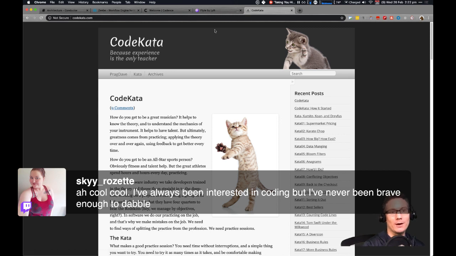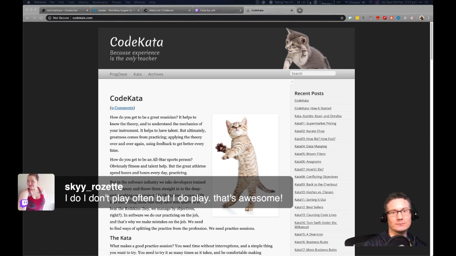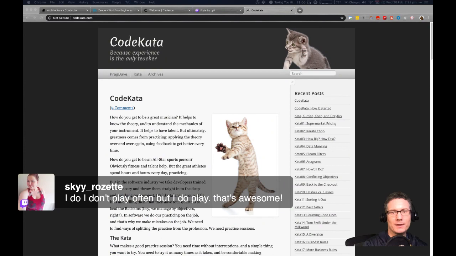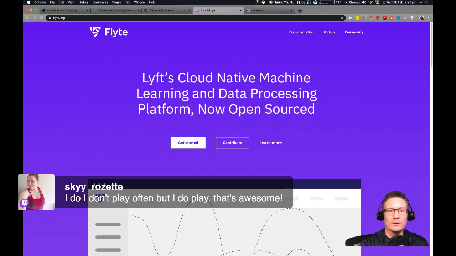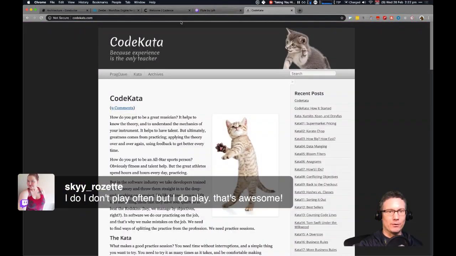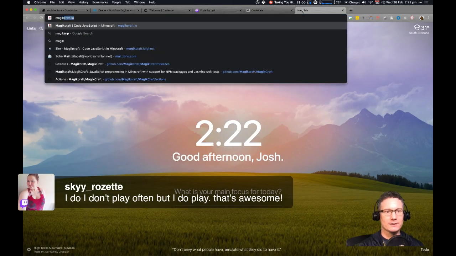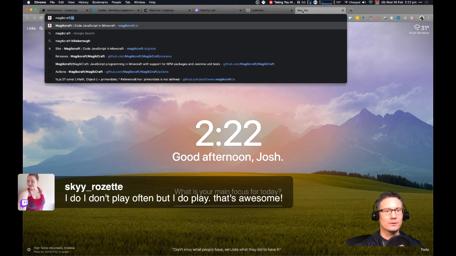Oh, you do play Minecraft? Well, in that case, yeah, Magikcraft for sure. Magikcraft would be great in that case if you play Minecraft. It's at magikcraft.io.